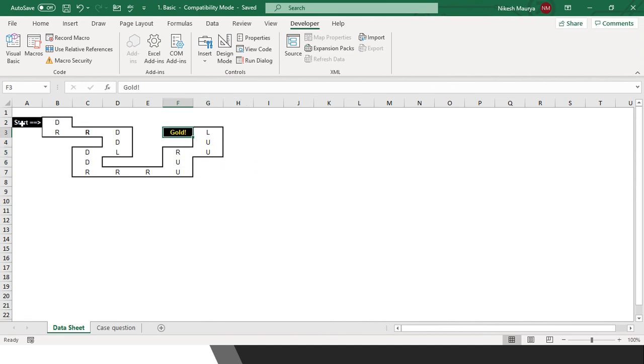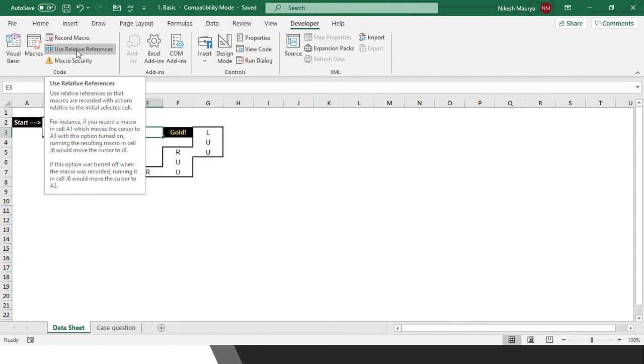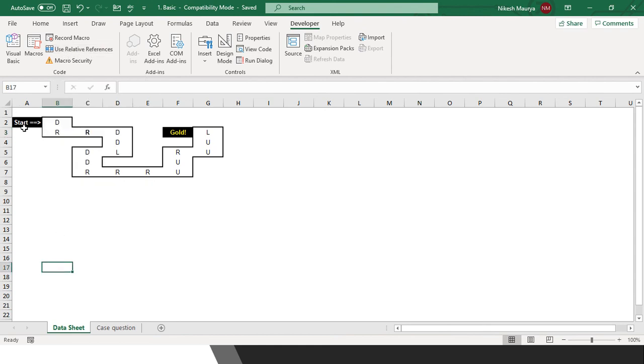So we have to use relative reference. When you have clicked Control D the first time, it reaches B. When we then go down, relative reference will use the current cell as the primary cell, and it will move downward.